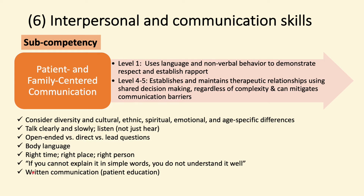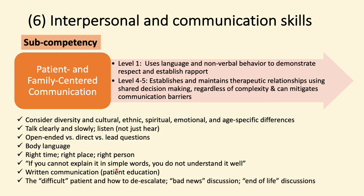Also, think about written communication for your patients. After the encounter, maybe you want to give them some documents or papers that discuss nutrition, diet, exercise, these kinds of things, at the end of the encounter, so that they can go home and do some reading about it, instead of reading from other resources like YouTube or just Googling it and getting information from